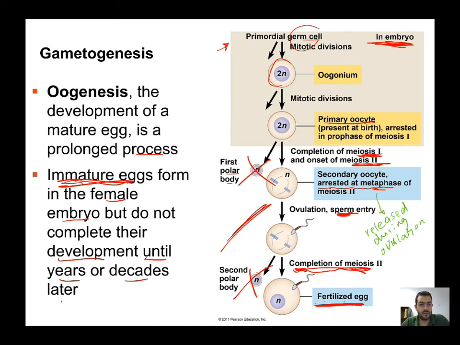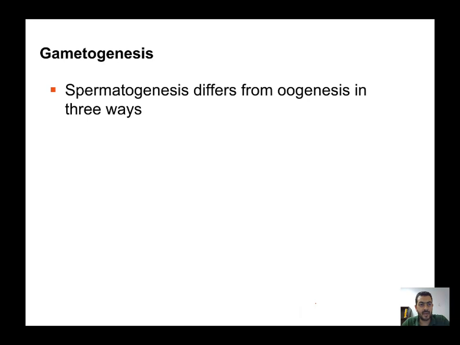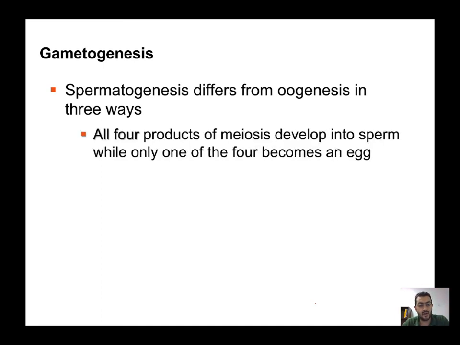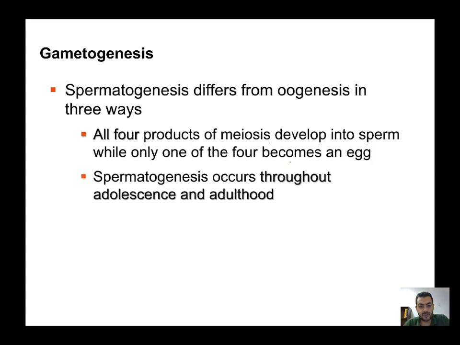So to compare both types of gametogenesis, spermatogenesis against oogenesis, they differ mainly in 3 points. Number 1, we have 4 products of meiosis. All 4 develop into sperm cells. So we have 4 sperms coming out from spermatogenesis, while we have only 1 egg coming from the 4 products of meiosis in oogenesis. The second difference is that spermatogenesis occurs throughout adolescence and adulthood. So as we said, once puberty has been hit,